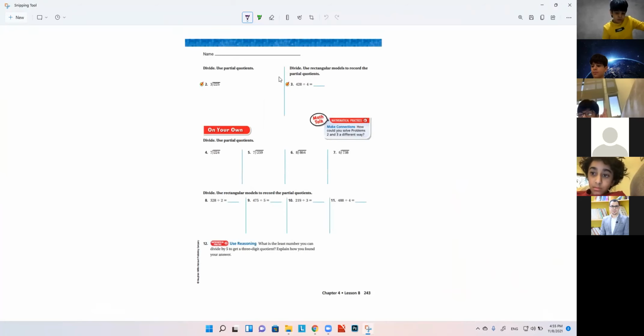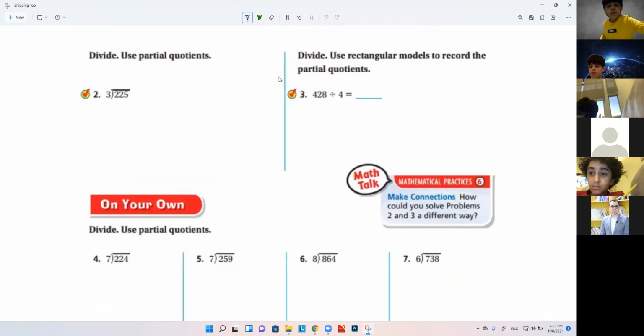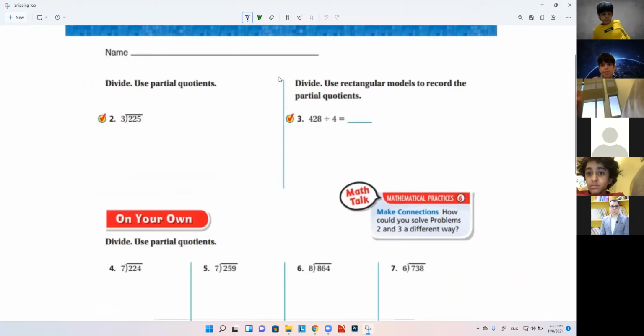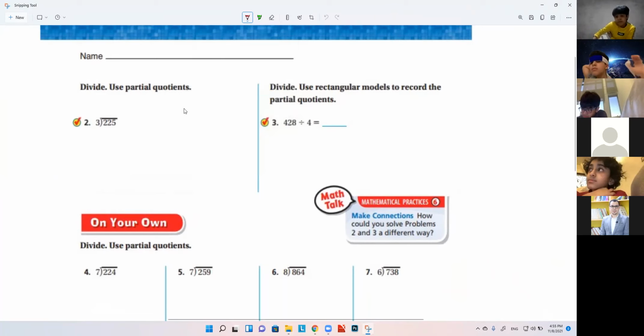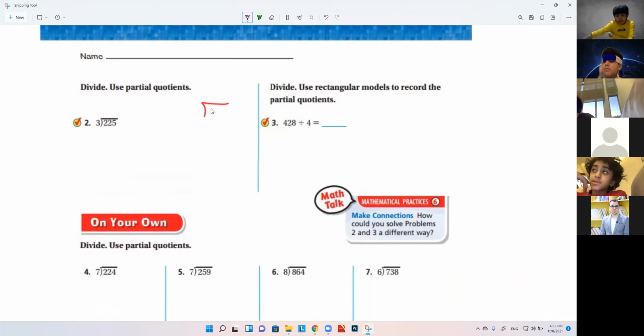I'll explain number 2 and number 3, and I'll ask you for the rest of the page. So you have to get ready and concentrate with me. I need your full attention here. So your eyes on my screen. You have to listen well. It's a very important lesson, okay? Okay, so let me rewrite it here.